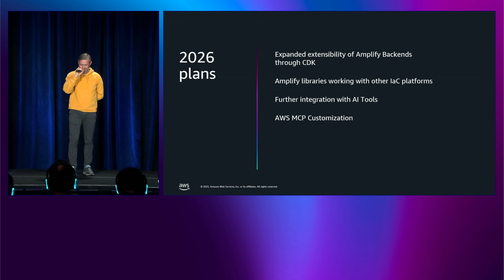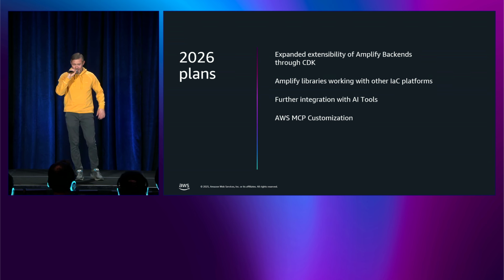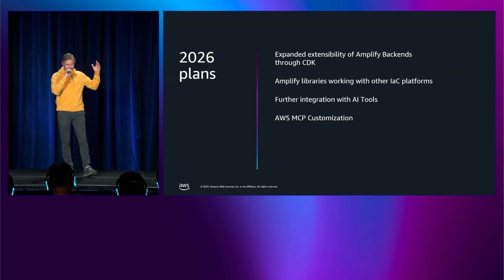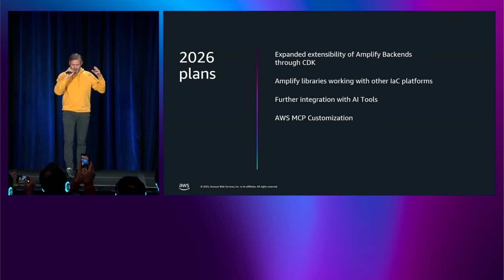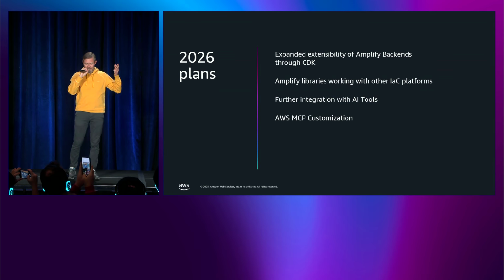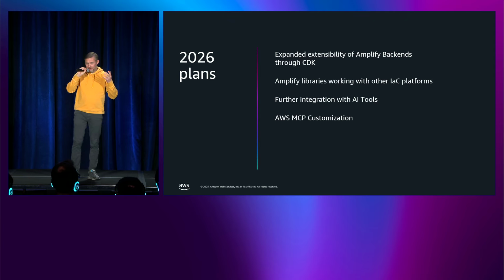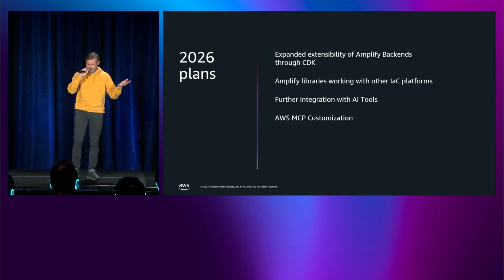Okay. So for 2026, this is something that we plan for Amplify. First and foremost, we want to get deeper integration with CDK. That is also because CDK and Amplify are in one team underneath me. What we want is that you have more escape hatches, that you can use more constructs, that you can use more components within AWS without having to do custom work. If you think about a framework, usually frameworks have a certain limit, and then you're stuck. If you want to do something custom, you need to do a lot of handstands.